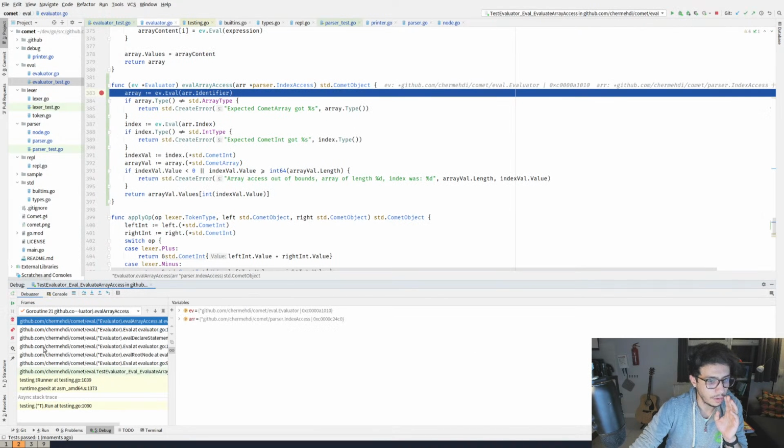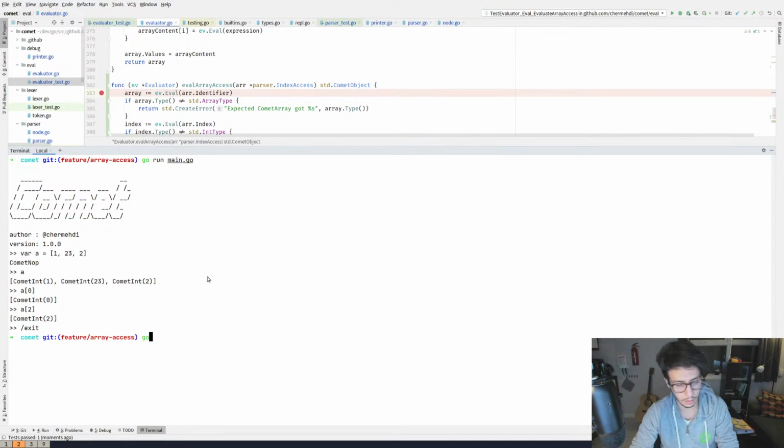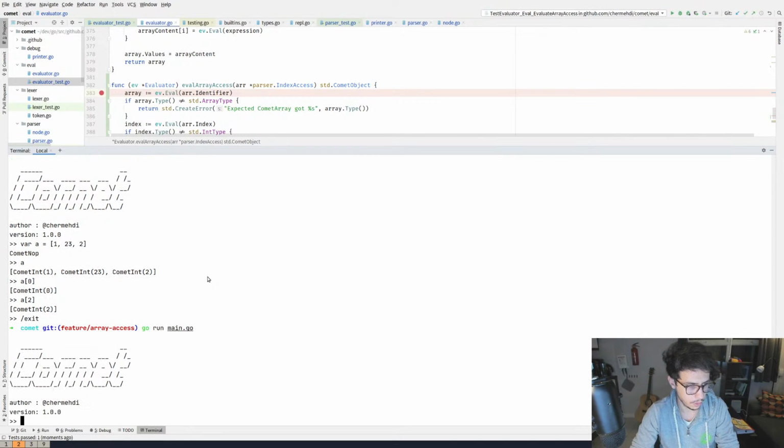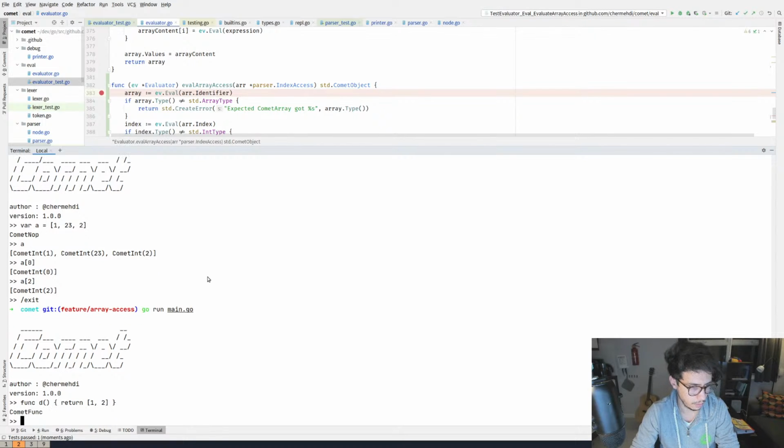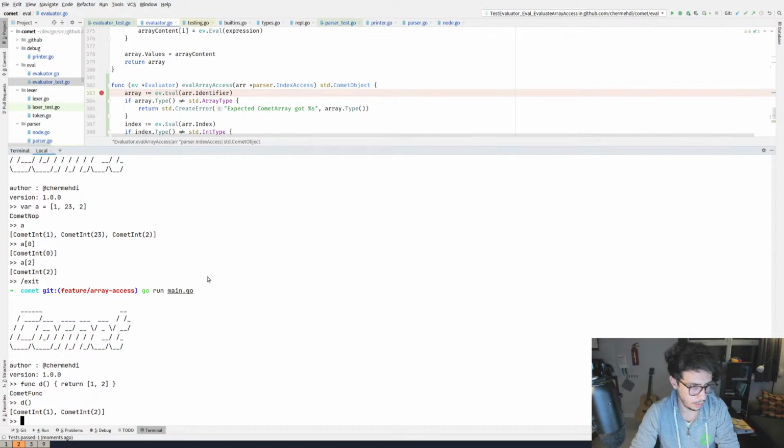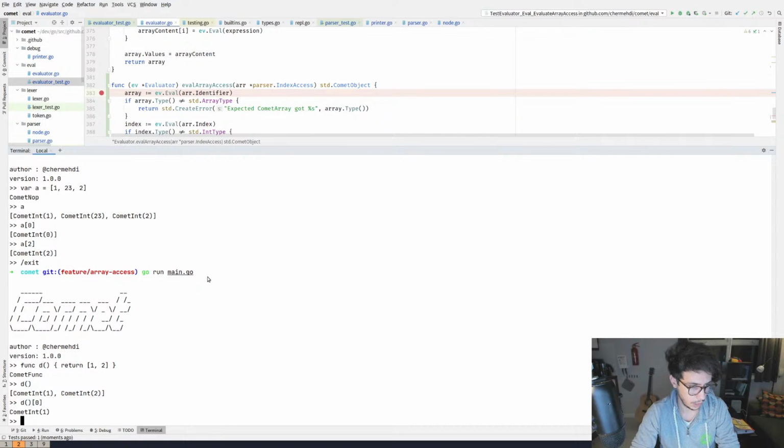So if I'm not mistaken, doing this should cause problems. So like func d return 1, 2, 3, and then we call d of 0. It works.